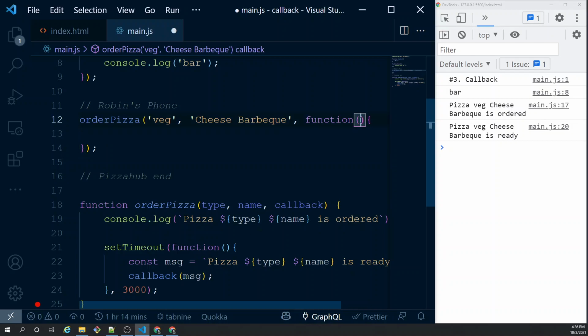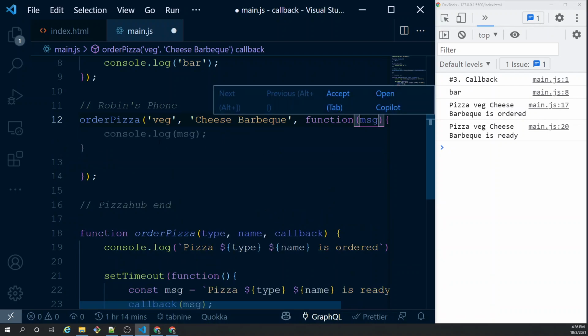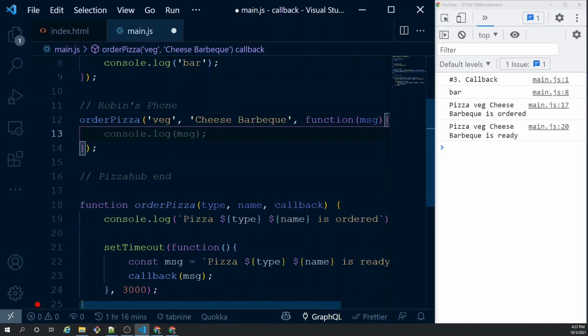So basically I'll be passing this message over here, and I am going to do a console.log of message over here. So let's do that.